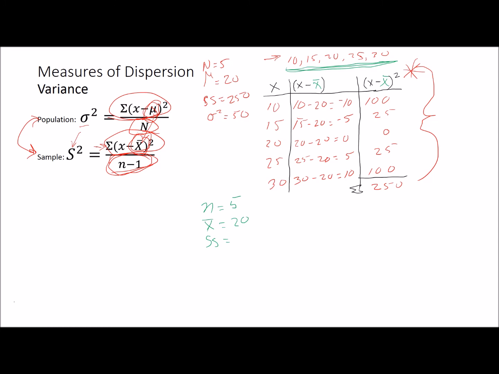But now we have to add degrees of freedom, which we'll notate by df, degrees of freedom, which is n minus 1. So n, which is 5, minus 1 would give us degrees of freedom of 4. And that would change the equation here. So where before we did 250 divided by 5, now s squared is going to equal 250 divided by 4, which then would give us s squared equaling 62.5. So, and then our variance would equal